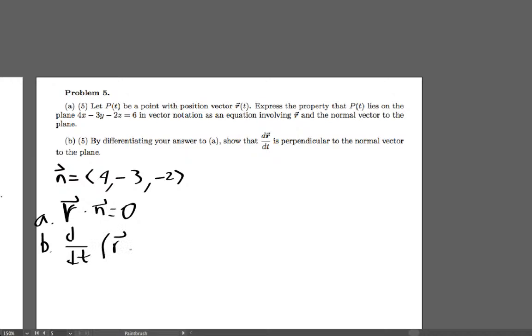And by the way, product rules work. That's very good. That means I can write this as dr vector over dt dot n vector